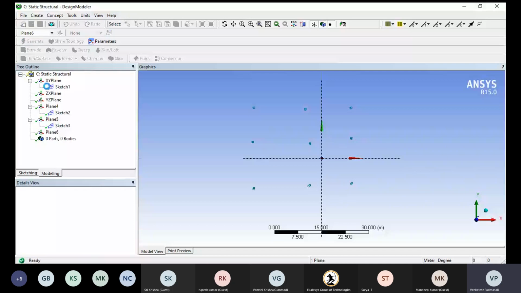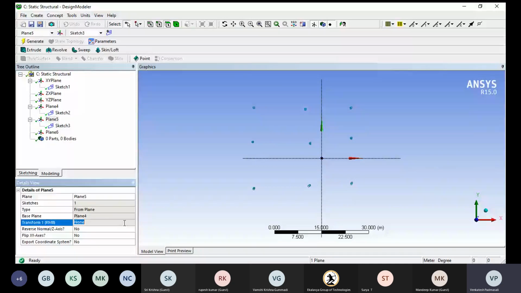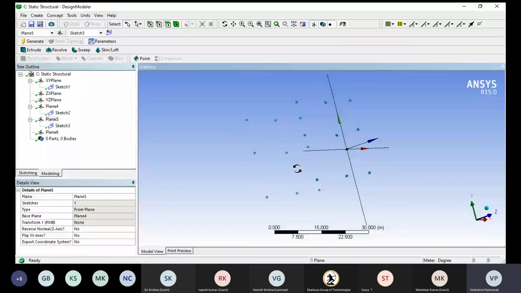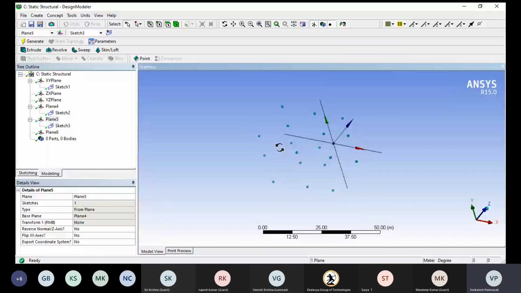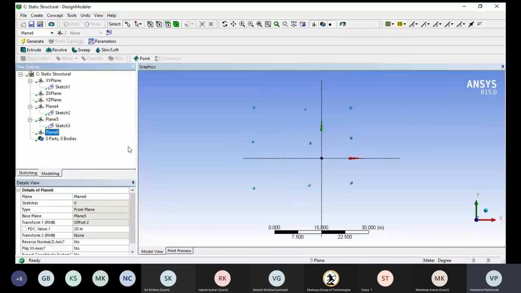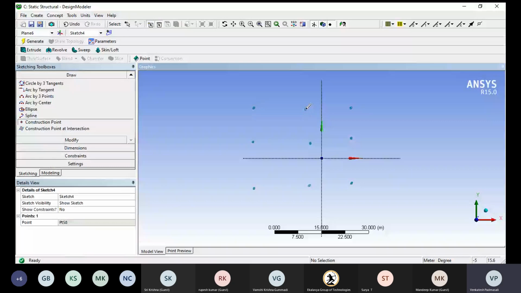Plane number 4 is sketch. Okay, no issue. Right click, look at, and I would like to enhance sketching again. Construction points 1 to 9.